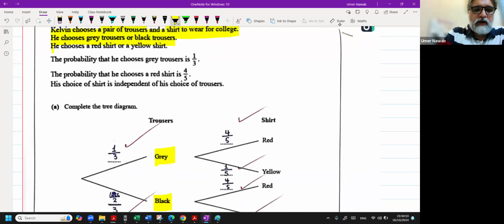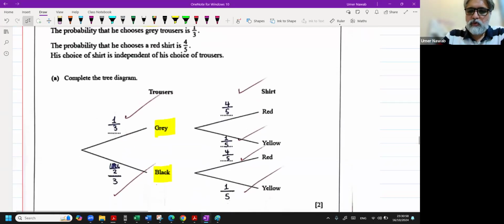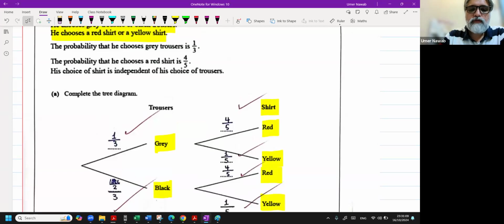He chooses a red shirt or a yellow shirt. So shirt is his second selection, maybe red or yellow. Now he has created a tree diagram for you. So if he goes